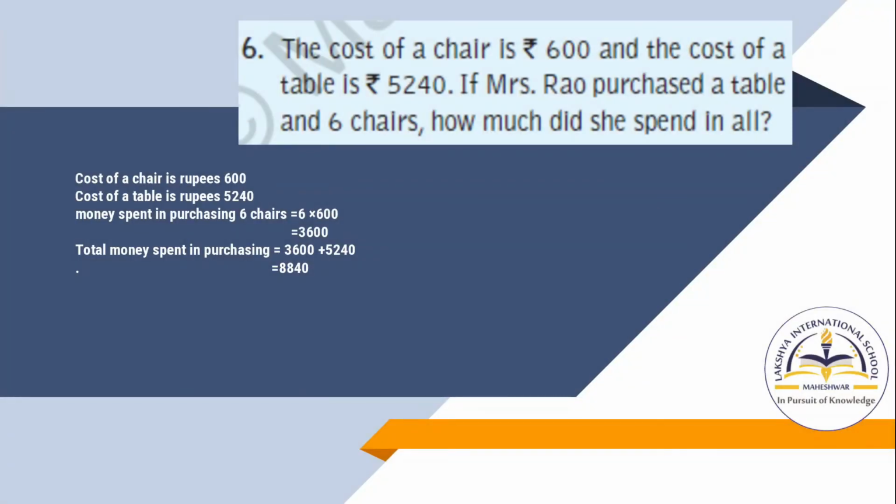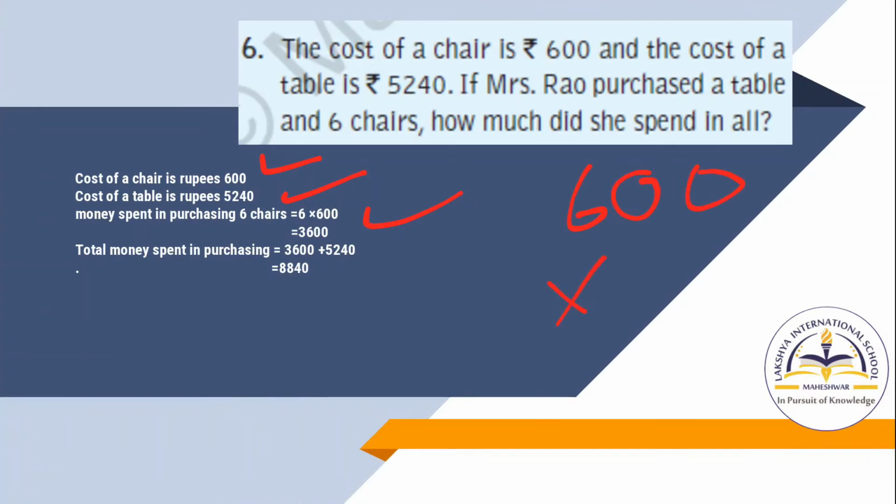Question number 6, the cost of a chair is rupees 600 and the cost of a table is 5240. If Mrs. Rao purchased a table and 6 chairs, how much did she spend in all? Okay, so the cost of one chair is 600 and the cost of the table is 5260. So the money spent in purchasing 6 chairs, the answer will be